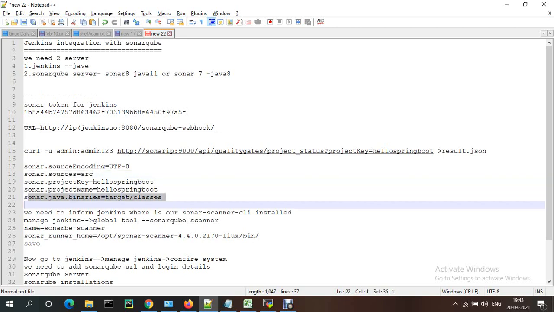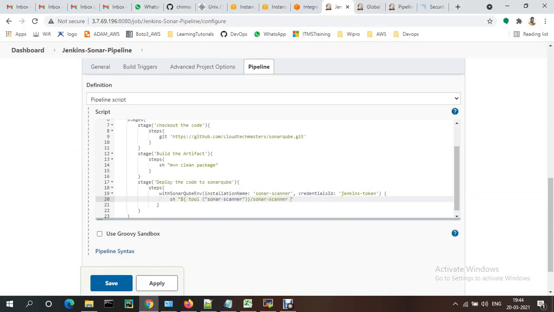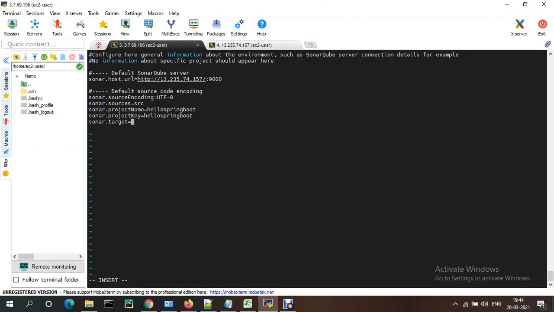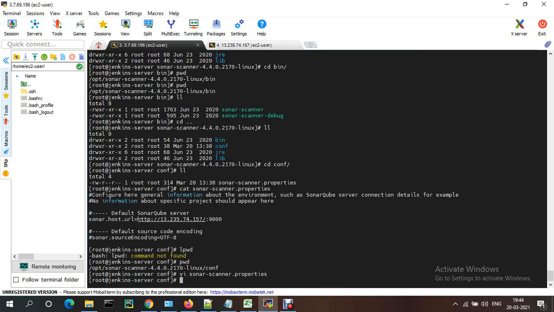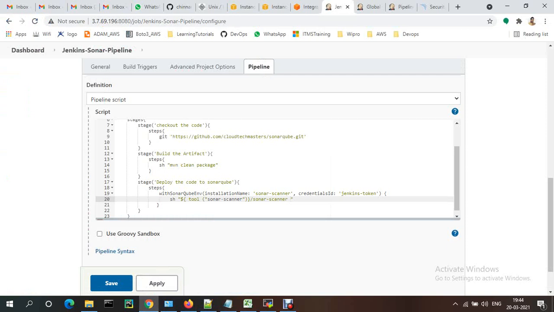Okay, and this one, just declaring this one as well. So this is the actual values. Okay, now save this one.